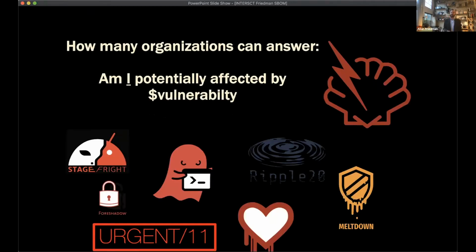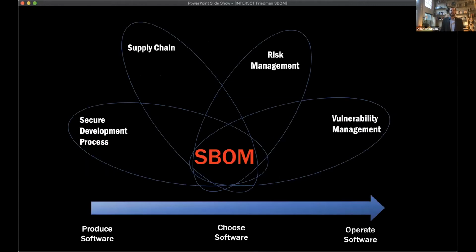So I often talk about SBOM by focusing on just the vulnerabilities and how to react. And in fact, I think this is a really important point. When we discover a new vulnerability, like one of the ones with the fancy logos on this slide, we have this question of saying, am I affected? And to me, it's really strange that the hard part is not discovering the vulnerability, right? That should be the hard part. It's for security researchers to figure out what the flaws are. But today, very few organizations, once a vulnerability is known, can quickly and easily answer, am I affected? And that should be an easy thing.